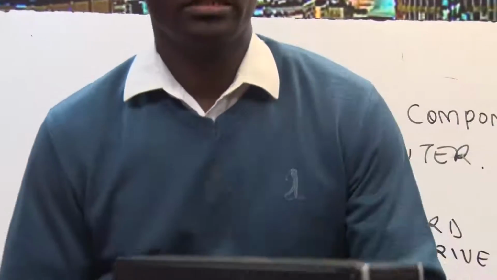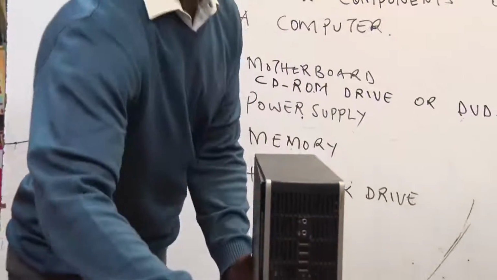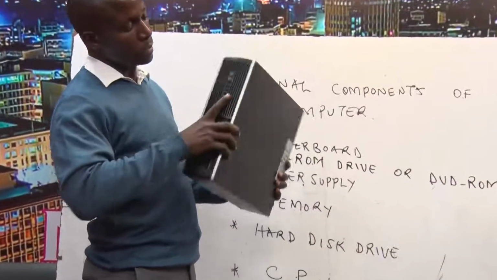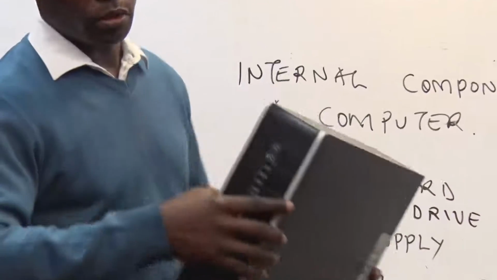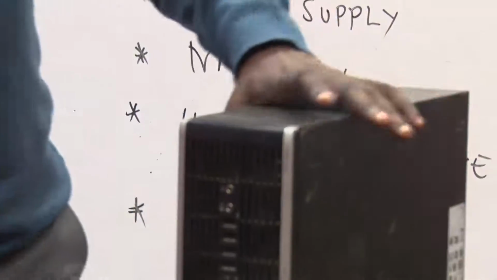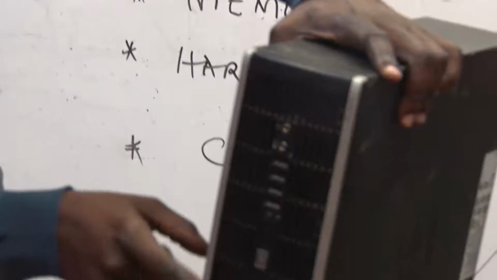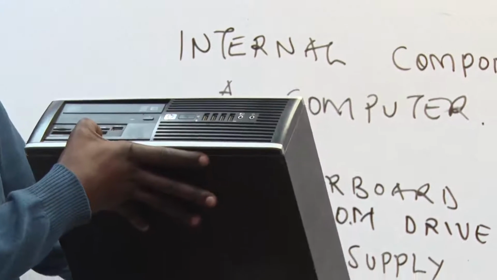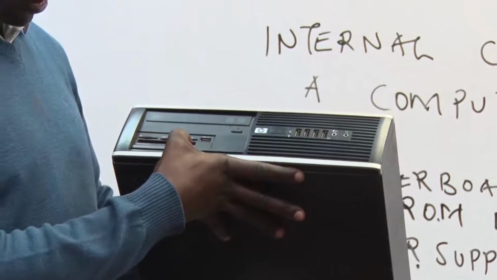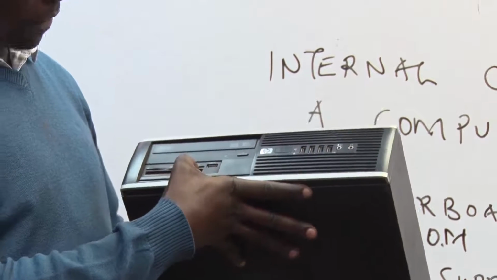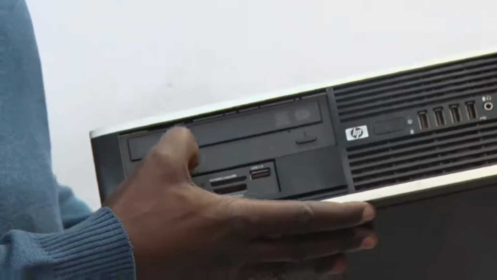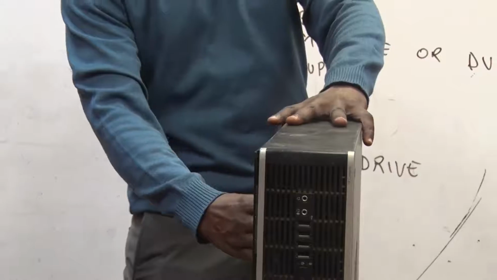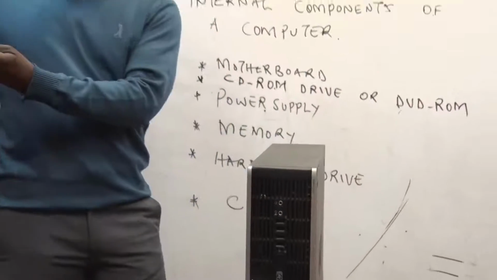The front pane contains some of the ports. The ports that we're talking about here are the USB. We have got the sound. Below the DVD drive, we have got some of the other ports that we use. Say somebody that is shooting using his or her camera can simply come and remove the memory card from the camera. Then I can insert it in these various ports so that I'm able to read the content that is there. It's a bit heavy, so I'll open it by removing this cover.